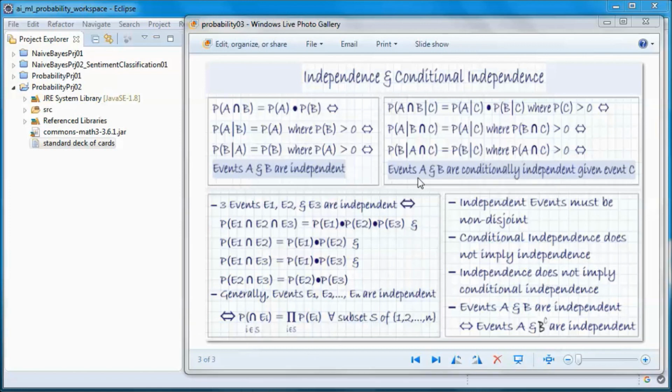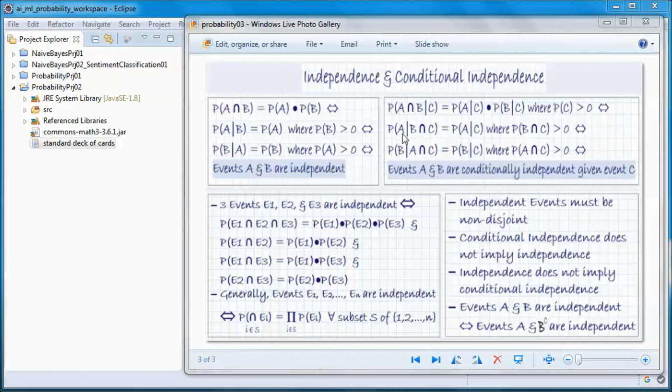And for events A and B being conditionally independent given event C, the difference between this and regular independence is that we add C to the given side. So probability of A intersection B given C is equal to the probability of A given C multiplied by the probability of B given C, where the probability of C is bigger than 0.